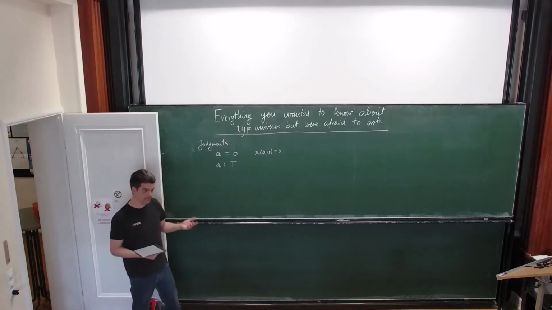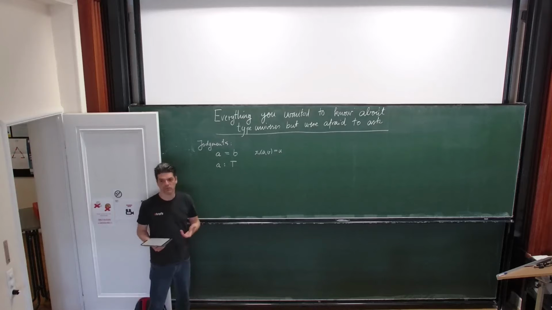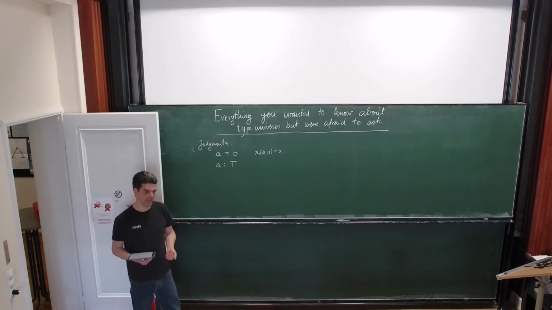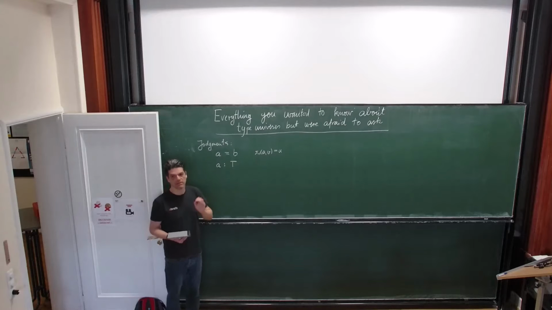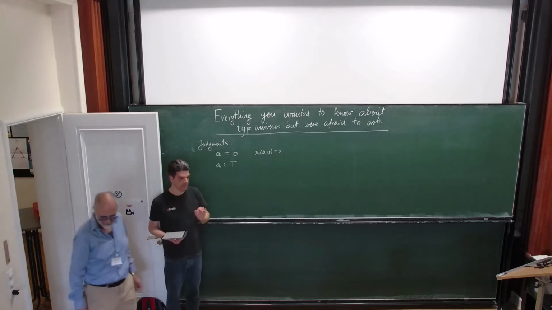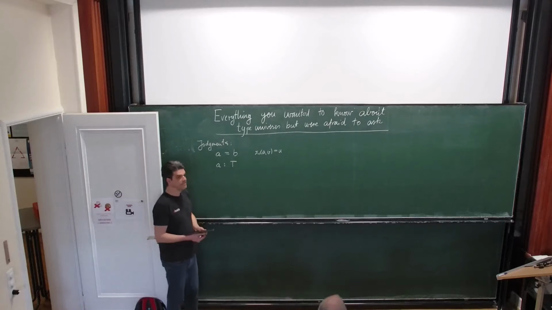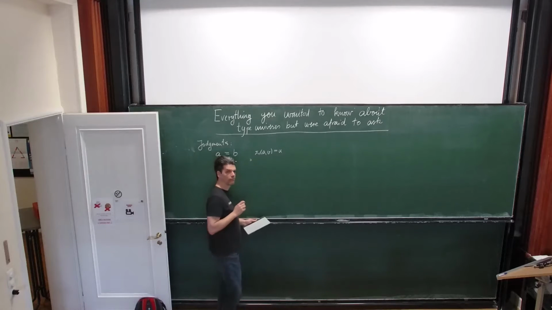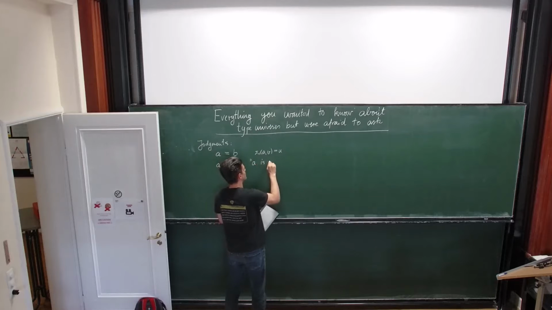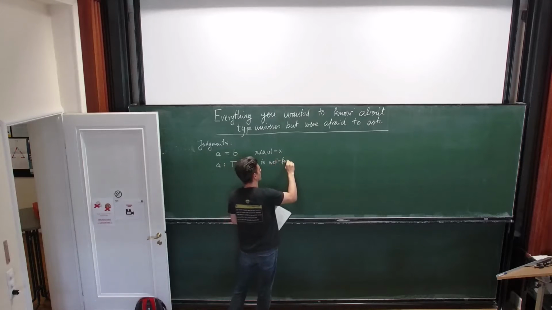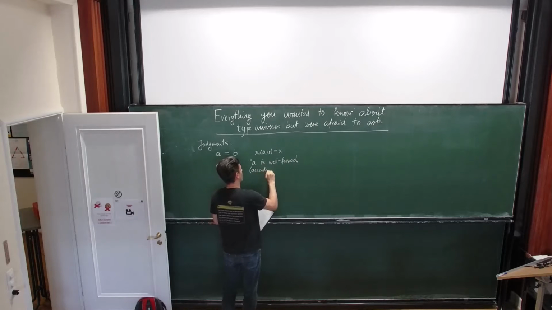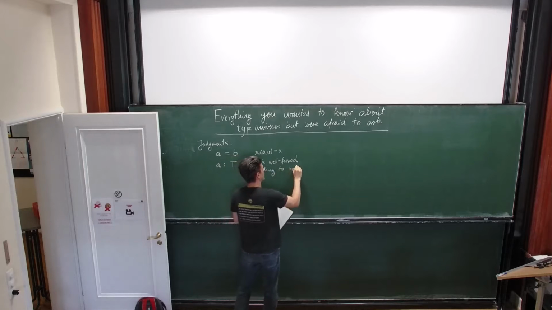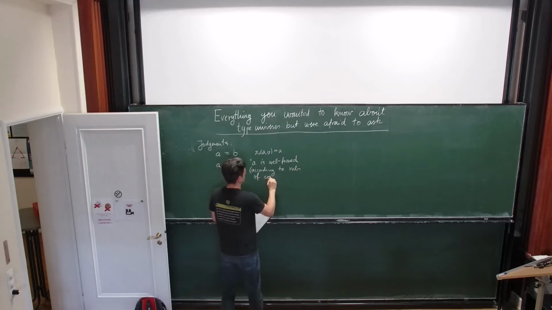There are several ways again to understand this. One way to understand this, if you're not familiar with type theory, is to just think that types are sets. And in that case, this says A is an element of T. But there's another way, which is also quite important, which says something much closer to: A is well formed, and then we might put in parentheses, according to rules of construction